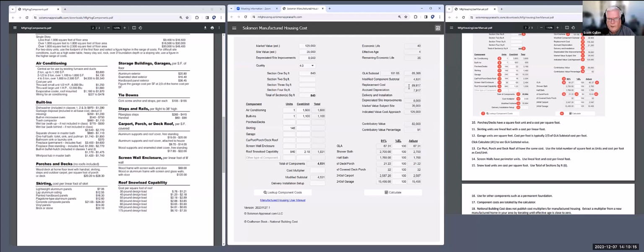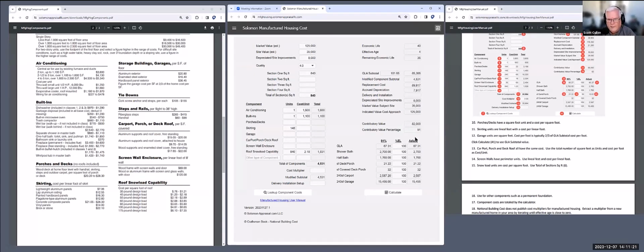Now, the way that we figure out the depreciation is we know the cost, and here's what the market is paying for the house. They're paying $125 minus the land, 35. So now we're down to 90, if my math is correct, and then minus 8. So they're paying 82 for the house. So we've got this amount of depreciation, 79.17, and that, if you divide that by the cost, you'll end up with a percentage of depreciation that aligns with this effective age of 4 years. So there's that contributory value again. 82 is what you have left after you subtract 35,000 and 8,000 from 125. There's the 82,000. So the contributory value percentage, and that's what we're really trying to work toward, is what does